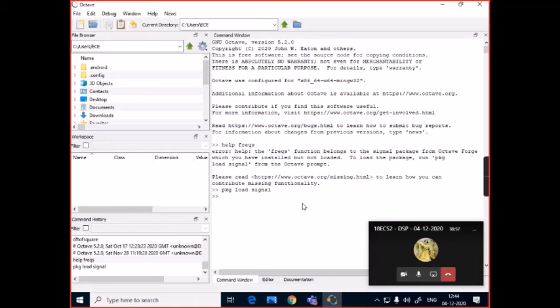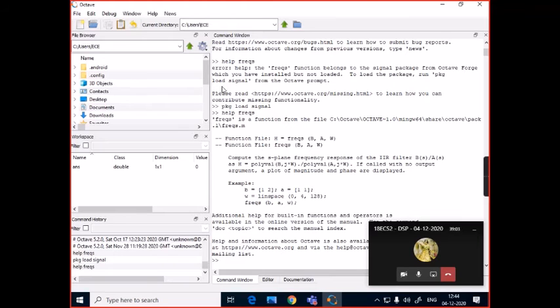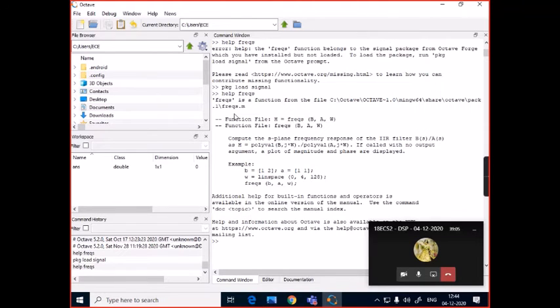Now, if you type help FREQS, which is the function name, and press enter, here it is. It will display the documentation regarding the frequency response function, how it has to be used and all. You can read it out here.